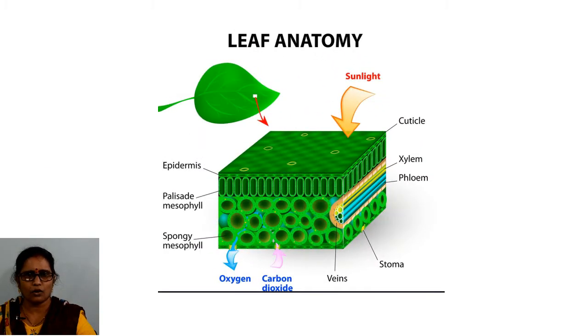To understand all these, first let us have a good idea about the structure of the leaf and its anatomy. So you know that the leaf has different types of tissues in it. The uppermost layer is the epidermis, and next comes the palisade parenchyma, in which a lot of chloroplasts are present, and there is also some spongy tissue and vascular bundles like xylem and phloem, and the lowermost layer is the epidermis once again, which contains a large number of stomata.